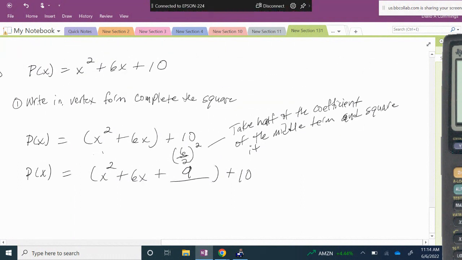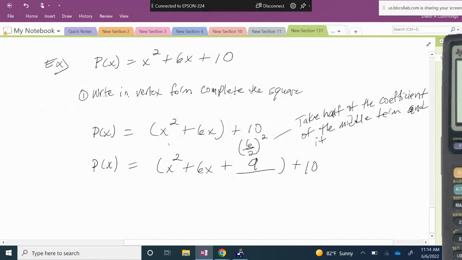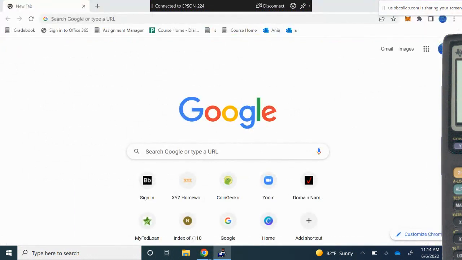Here's what I mean. x squared, I started with x squared. 6x, I started with 6x. I started with 10. But when I completed the square, I added 9 to the right-hand side. From the properties of equality, whatever you do to one side, you must do the same thing to the other side. So since I added 9 to the